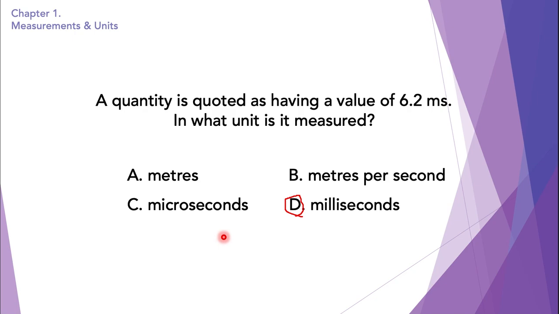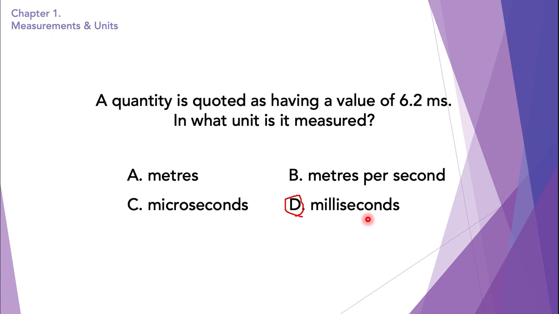Then we have microseconds, which is also incorrect because microseconds is written as mu and s. Mu is the symbol we use for micro, and m is the symbol we use only for meters or milli. So microseconds is also incorrect. And then we have milliseconds. Of course it is milliseconds, because m is the prefix we use for milli. So the last option, milliseconds, is the correct answer. ms